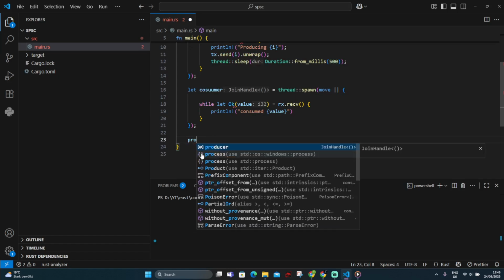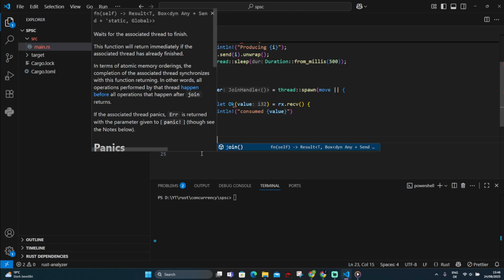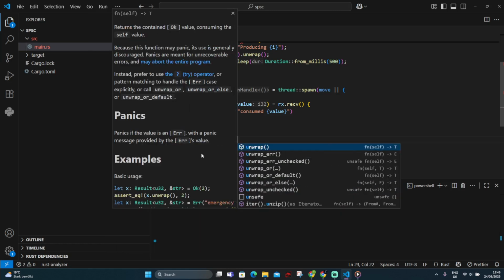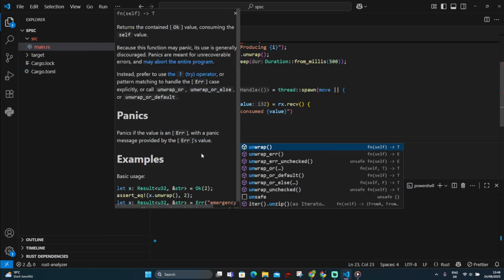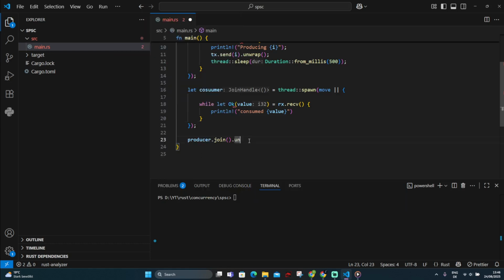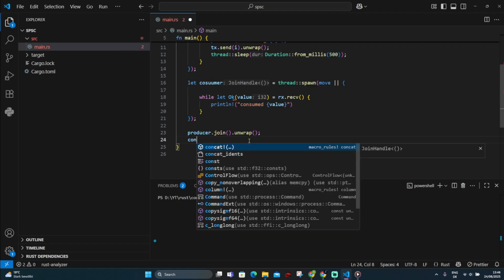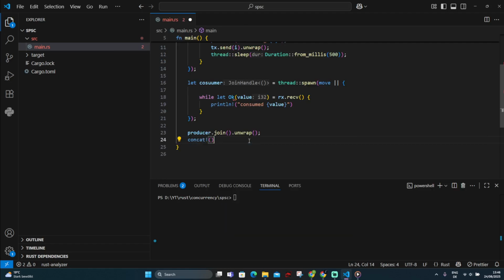Now what we are going to do is join the two threads. That is really important. Otherwise, whenever you create a thread, you create it outside of the main function. So your main function is still consuming and your threads are still operating. But if you don't join, your main function will not wait for your thread to finish and will close down immediately. So we will see what happens if we remove this statement. Then we write our consumer thread,